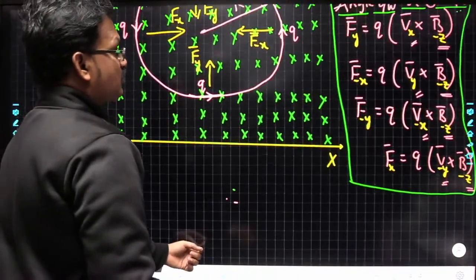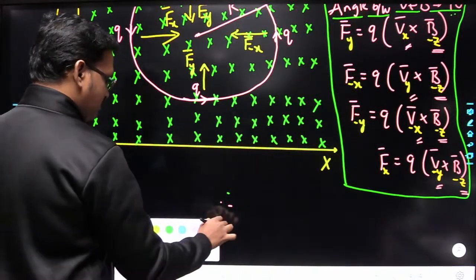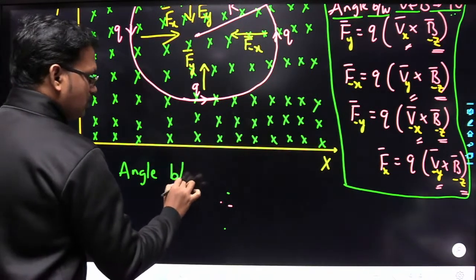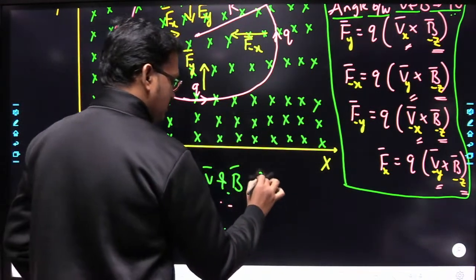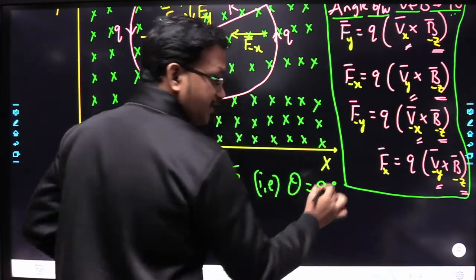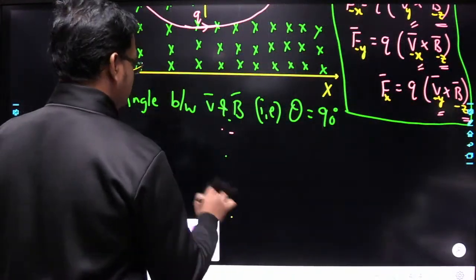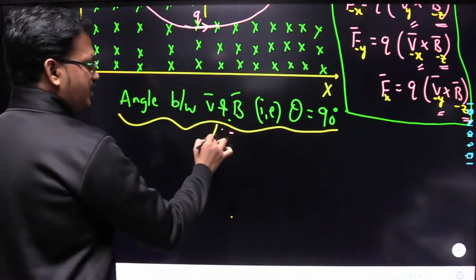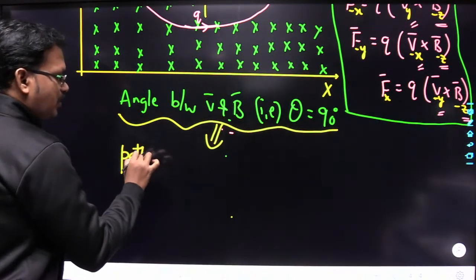Whenever the angle between V bar and B bar, that is theta, is equal to 90 degrees, in this case the path traced by the